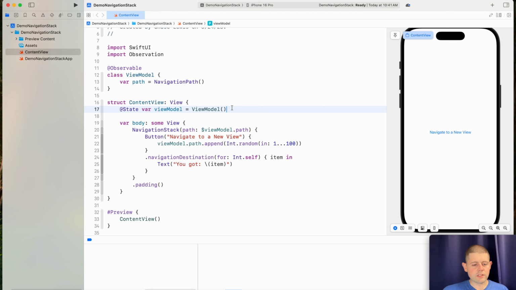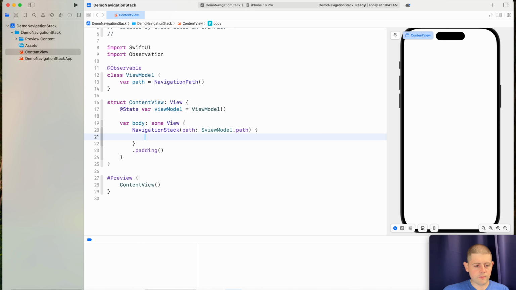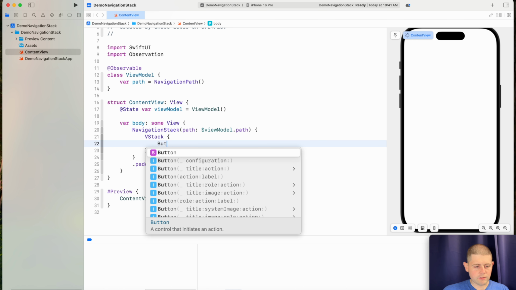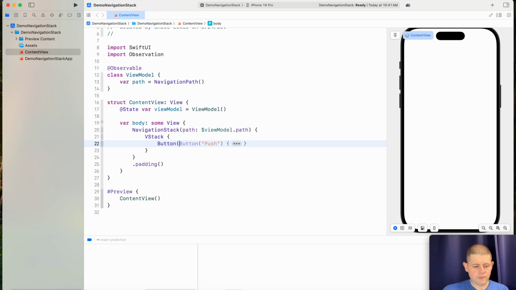All right, now that was one example. Let's move on to the other example. So in this example, we want to navigate to one of two screens depending on what we want our answer to be. So let's go ahead and clean up this code here, and we'll just get rid of it for now. And we'll replace it with a VStack, and inside our VStack we'll have two buttons. One button that says SwiftUI is the best,